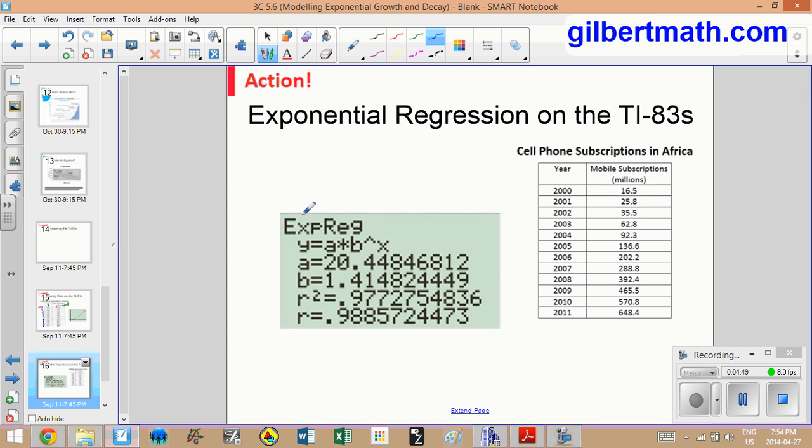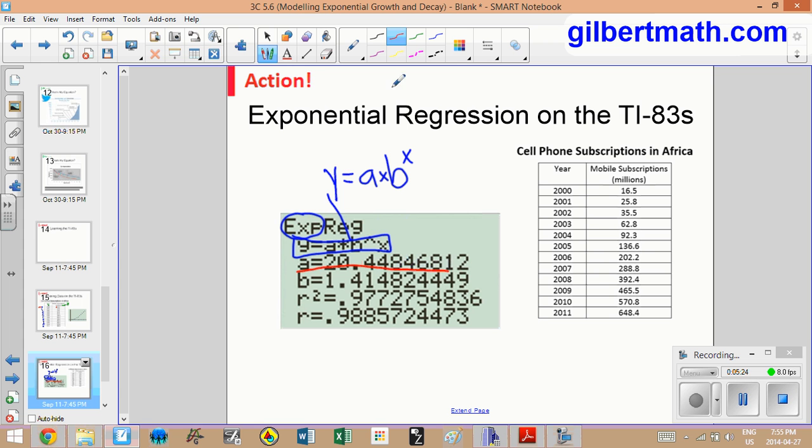Okay, so again, this tells us that we found an exponential function, and this piece here tells us what the function looks like. Basically this tells us that it's y equals a times b to the exponent x. And you should remember from the last few days that this first value, the a value, is the initial value, and the b value is the ratio that the values go up by each time. So here we can see that our a value